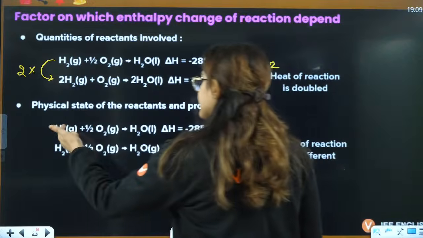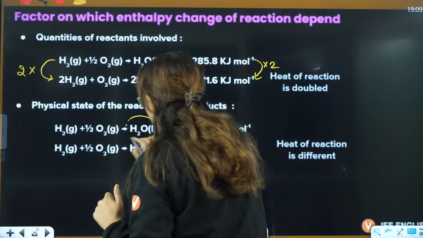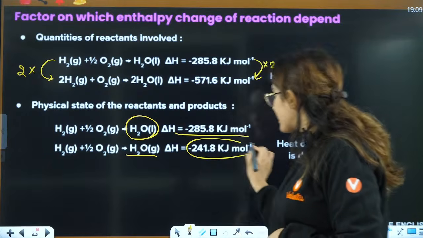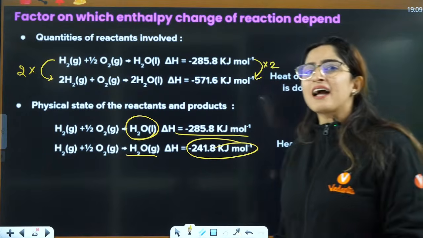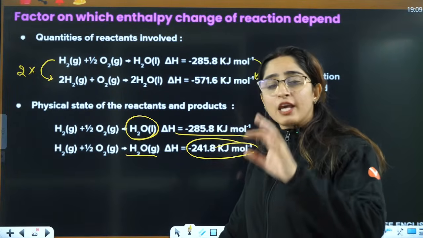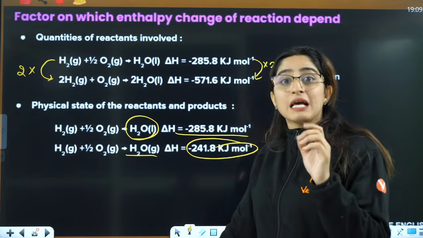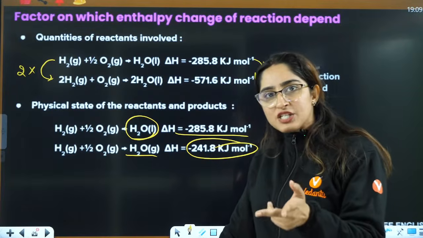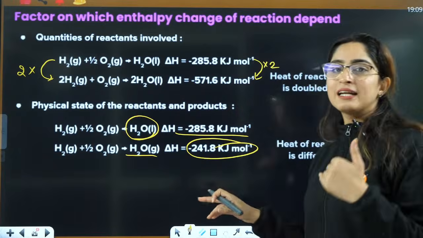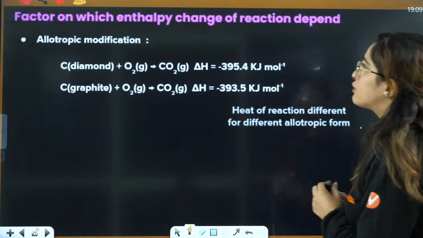If I say this is a reaction, H2 plus half of O2 gives rise to H2O liquid, then this is the heat that is evolved. If it is gas, then there is a different heat. So every reaction will have its own specific heat, right? But yes, if you multiply or divide by some coefficient, the same thing will happen to the delta H of that particular reaction, and if you reverse the reaction, the sign will change. Okay, now if you see allotropic modification,